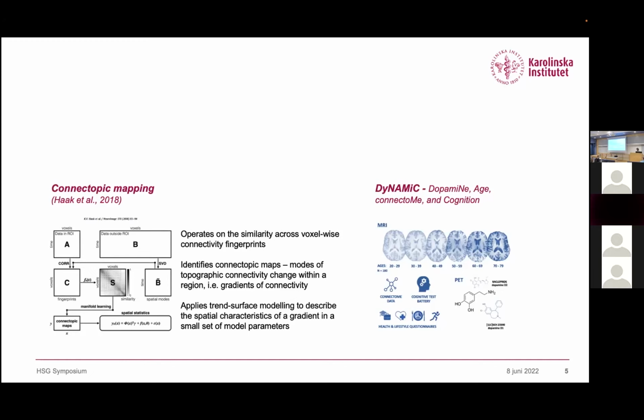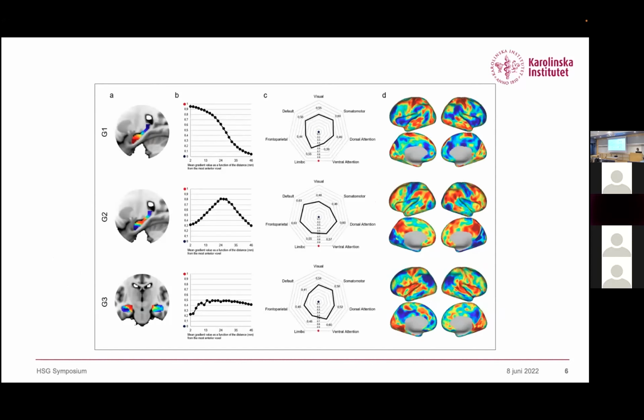That is what we're doing. That's what we've done. And I want to talk to you about 3 main gradients that we find. So consistent with previous studies, the main gradient, or the principal mode of organization that we identify, is this longitudinal anterior to posterior gradient, in which we see